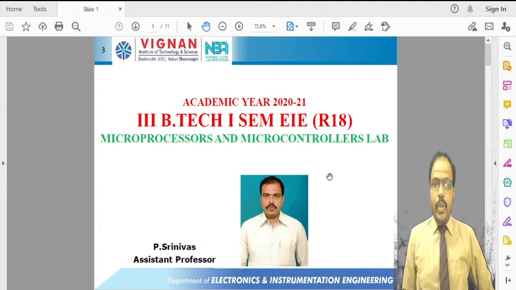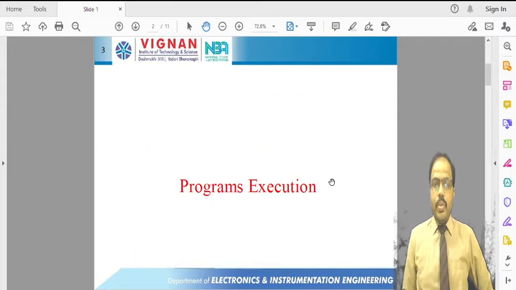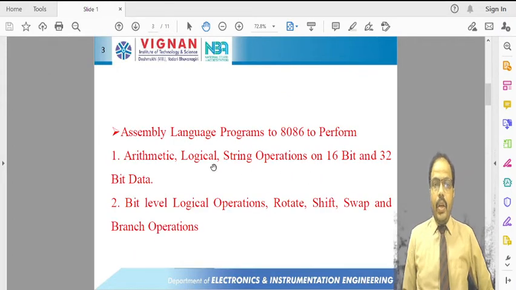So in this microprocessor and microcontroller lab, in the previous session, we discussed the programs of arithmetic and logical operations on 16-bit data. That means we discussed programs for addition and subtraction, logical OR and logical AND of two 16-bit data.